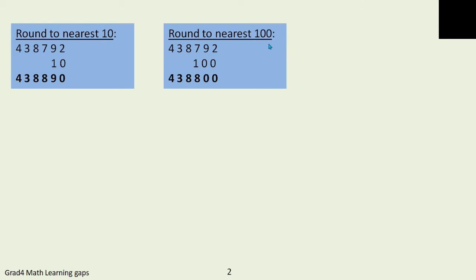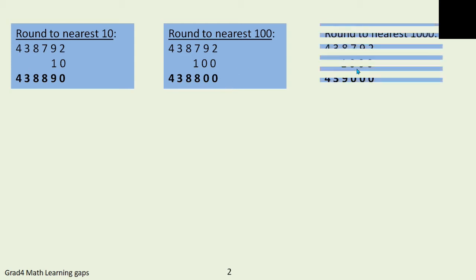Okay, now we will see in easier terms. Round to the nearest 100. Now 100 I have written to the 100 place. Which is the number next to the 100 place? It is the tens place number, that is 9. Now if 9 is 5 or greater than 5, I will change this 7 to 8. Okay, and if it is less than 5, I'll keep this 7 as it is. But here it is 9. It is more than 5, yes. So I'll add 1 to the 7 and 7 will turn to 8, and this I am rounding up. So 792 will change to 800, and that's how it's rounded up.